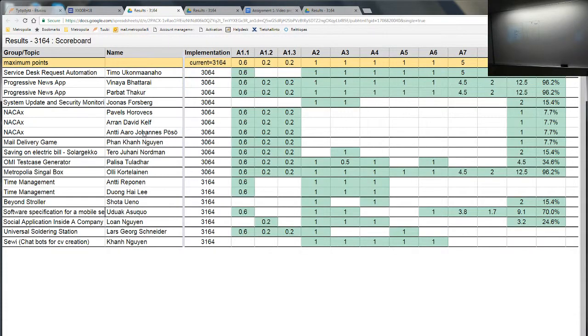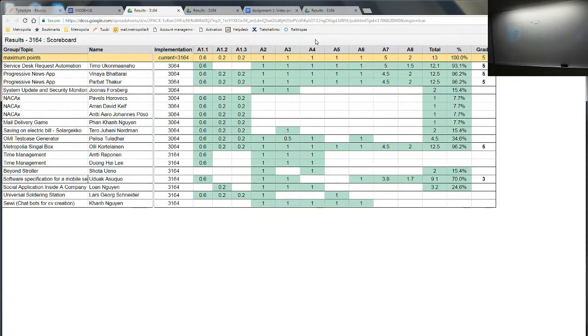There's also a scoreboard showing what people have done this far. Every single task gives you some points. Those are the assignments and the maximum points. The total from the first exercise is 1 point, and then up to A6, which was assignment 6,